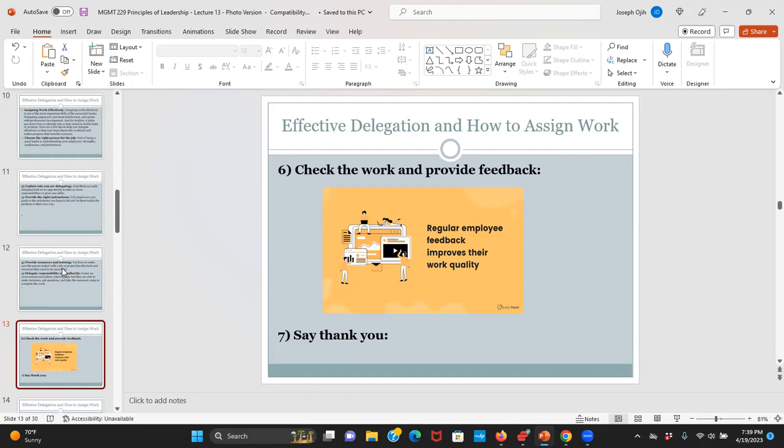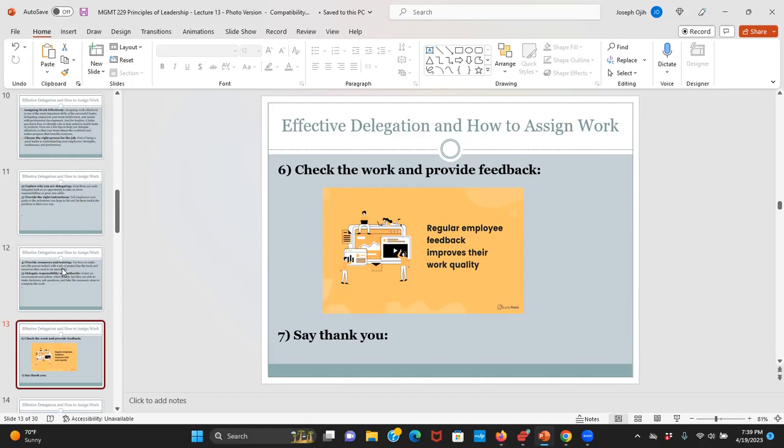That feedback will tell them where they are not doing well and where they are doing well, and they can factor it in in the future or in other work, because they might not stay with you forever. Eventually, they might decide to change jobs, so they can go with that skill acquired.